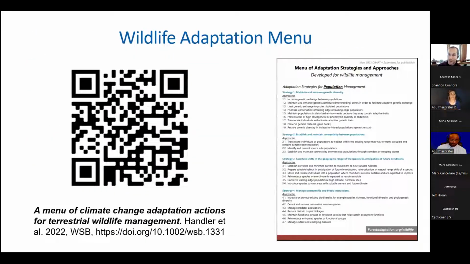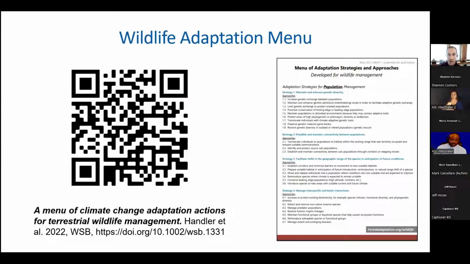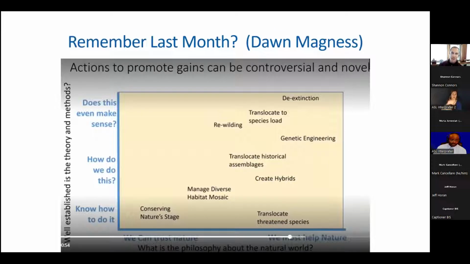You can get the full adaptation menu at the link here. It was published this year in the Wildlife Society Bulletin. Maria shared a link earlier where you can get a short version, a longer narrative version, and the full manuscript. And I just wanted to call back to a great presentation that Dawn Magnus gave last month on this webinar series